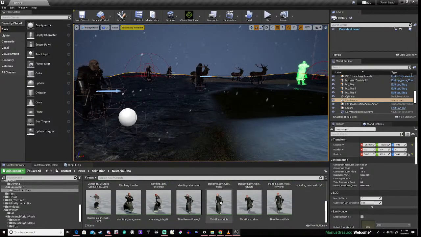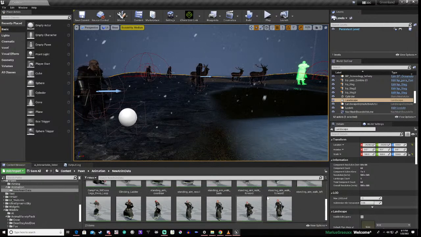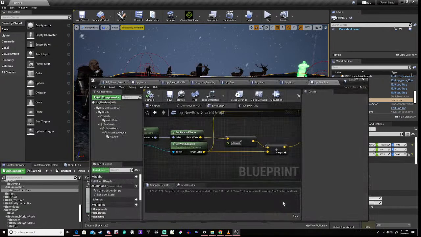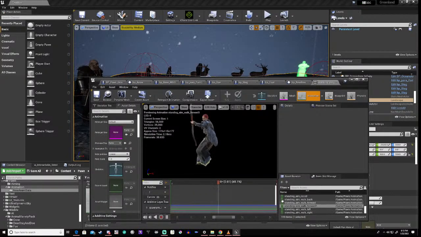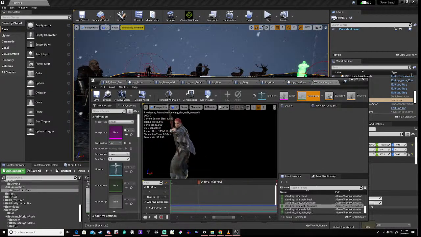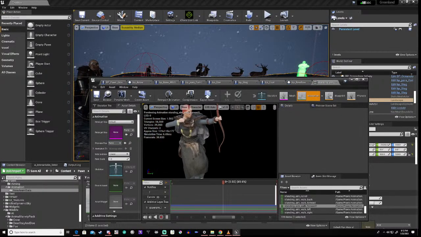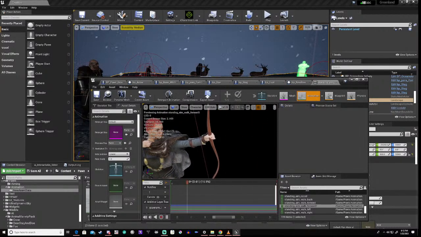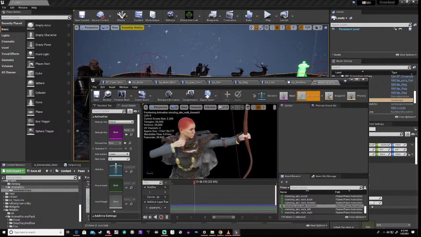You see, this is the animation for that, okay? Now, you can actually see that her hand